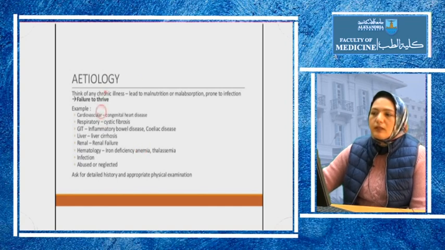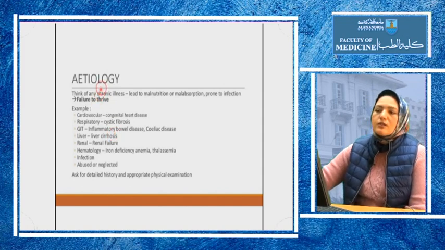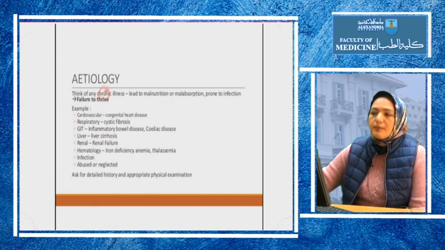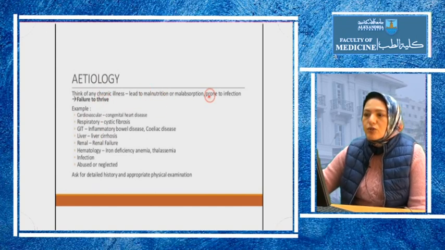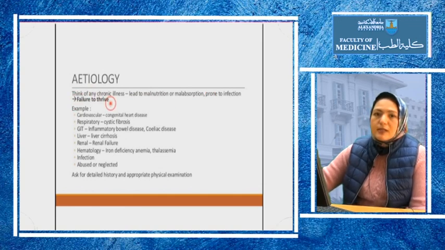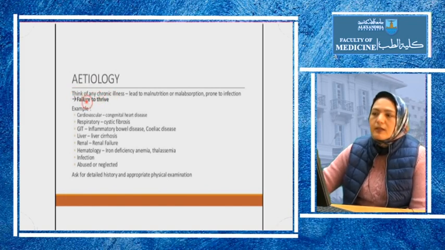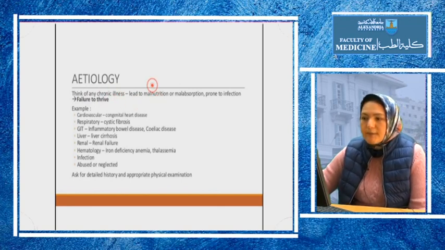Here we are going to go briefly through some of the causes of short stature, starting with malnutrition. As we mentioned before, it's very important. The presence of malnutrition or malabsorption leads to failure to thrive, which means that the child will have both short stature and underweight. So if you are confronted with a child whose stature and weight are affected, you should ask the mother about the nutritional status of the child.